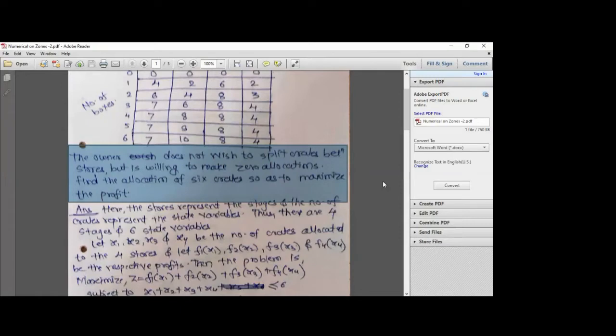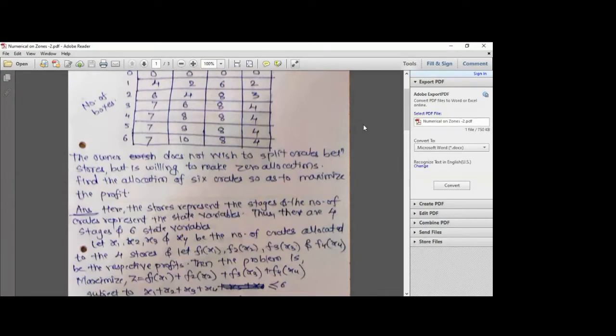For example, he can give some to store number one, two, and three, and he can give zero to store four. That is also a possibility. So he can make zero allocation to any of these stores, but he does not wish to split the crates. What we have to do is find the allocation of these 6 crates so as to maximize the profit. So again, a maximization